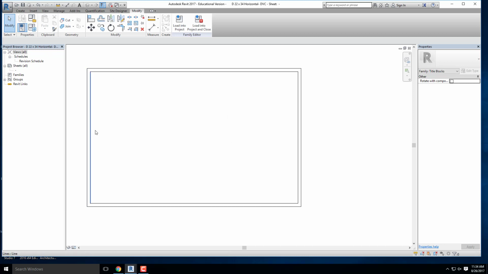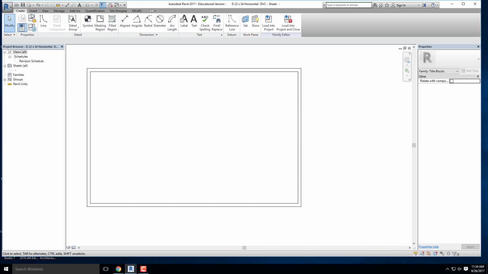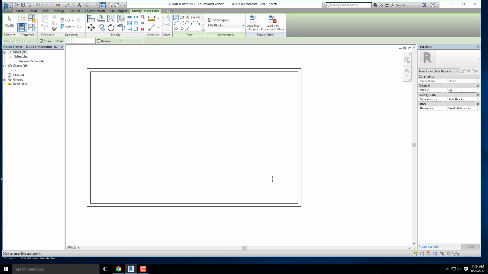All right, so we've got the outer extents of our sheet. So that's actually, if you measure this, this will be 22, and this will be 34. Okay, that's the actual full extents of our sheet. And then the line in front of that is basically a margin. Okay, so that's telling you, you typically wouldn't put any data beyond those margins. Okay, so let's create a couple lines. Maybe we make, we're just going to add a little line maybe at the bottom to,